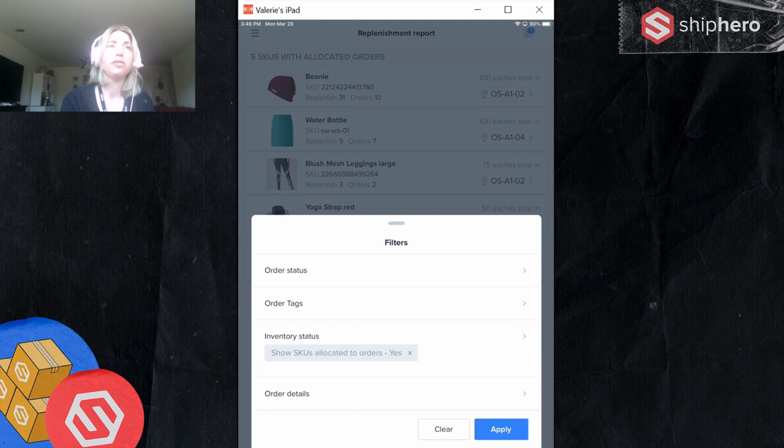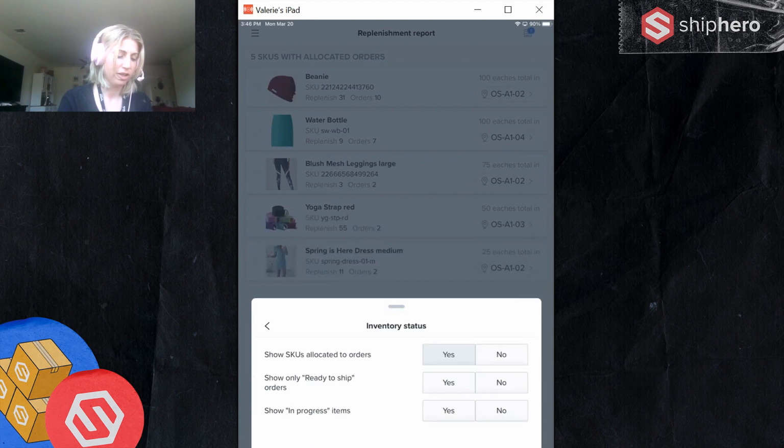So for example, if you have an order with a priority status that can't be shipped because there's not enough in a pickable bin, you could filter by that status. Items needed for orders with that status will show up, and then you can choose those and prioritize them. Same thing with tags. You can tag high priority orders, and then SKUs needed for those so they can be shipped will be prioritized. With the inventory status, you could prioritize only those that are ready to ship. This would exclude things that are back ordered.